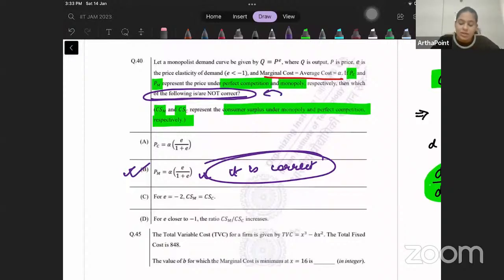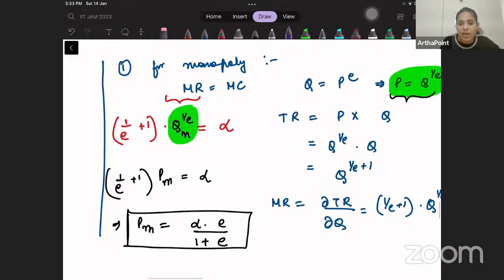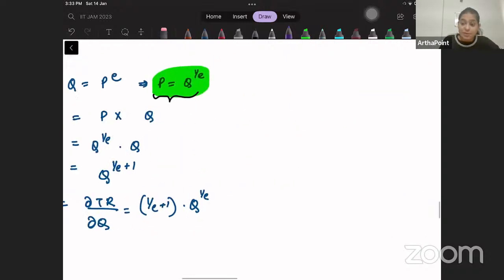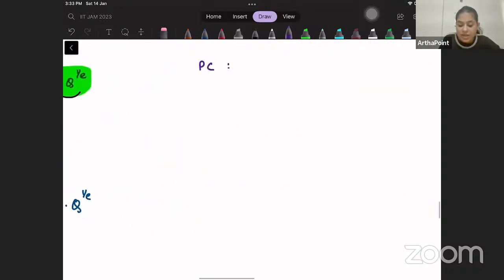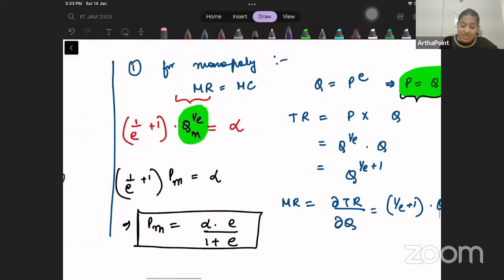Now, let's talk about the perfectly competitive firm. What happens for a competitive firm? A monopoly equates MR equal to MC, but a perfectly competitive firm equates P equal to MC. So for a perfectly competitive firm, PC should be equal to alpha. So this statement